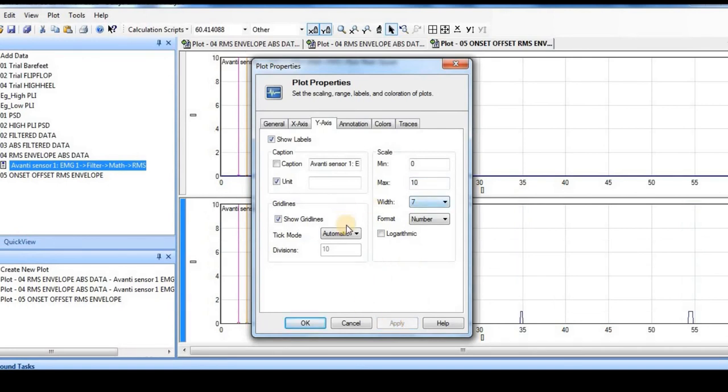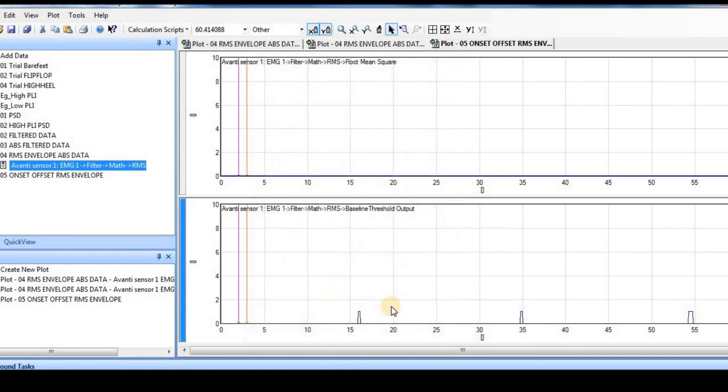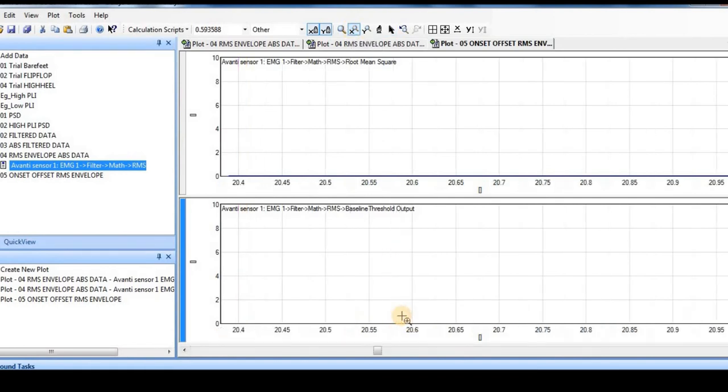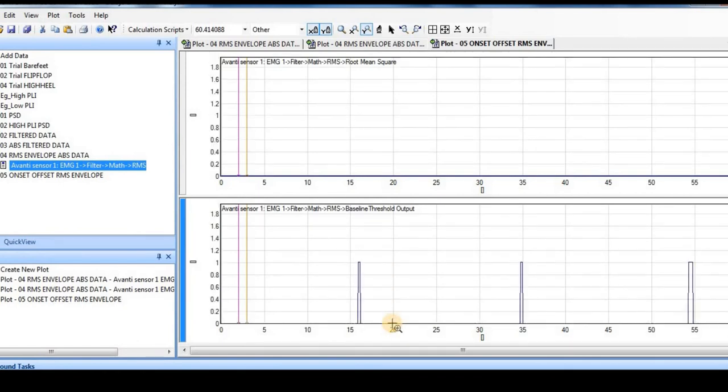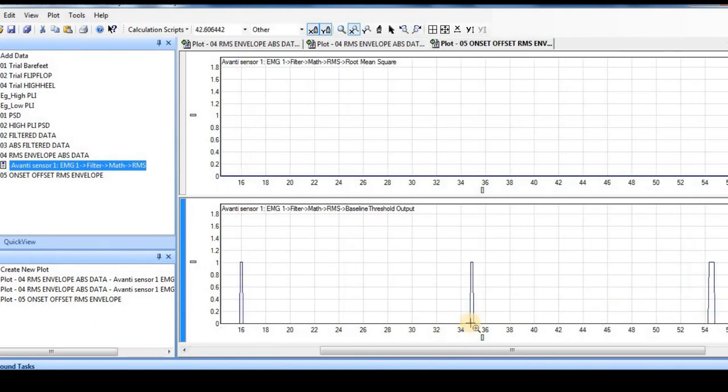Yes, now you can see that when I change the scaling, very easily we can see that there are 3 events where the muscle was active, and on the X and Y axis, if I try to see them, you will find that these are the 3 events when the muscle was active.